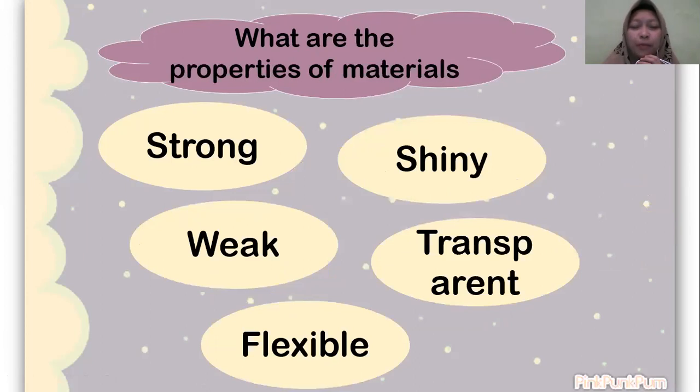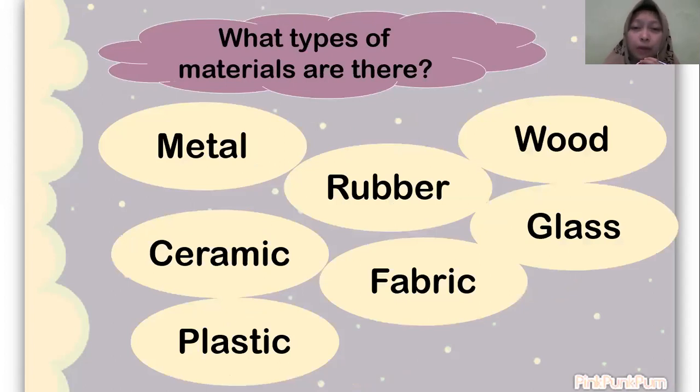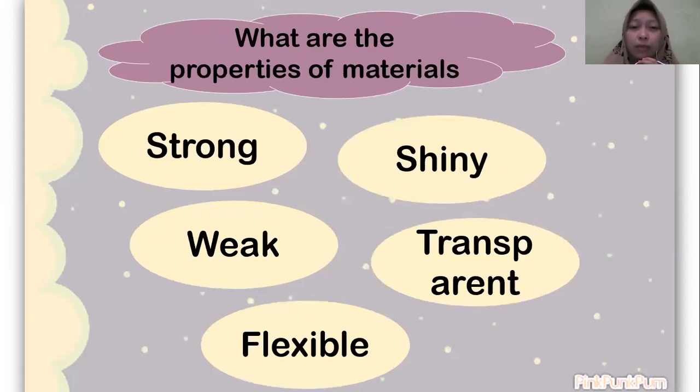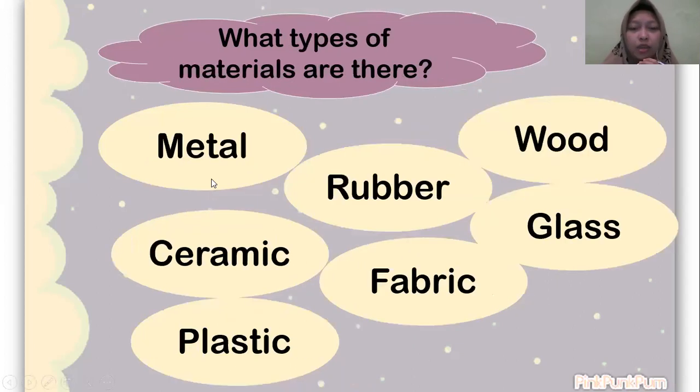And then what are the properties of the materials? If it is metal, what are the properties of the metal? What are the properties of a material? You must know: strong, shiny, weak, transparent, and flexible. Later, I will show that about the properties of materials. But for today, we only focus on the types of